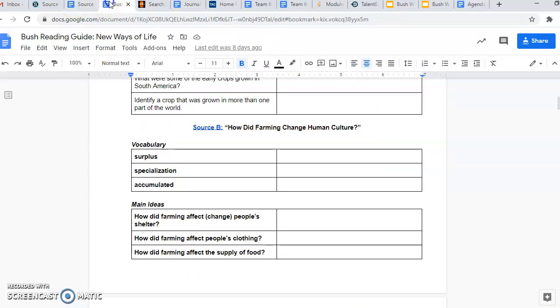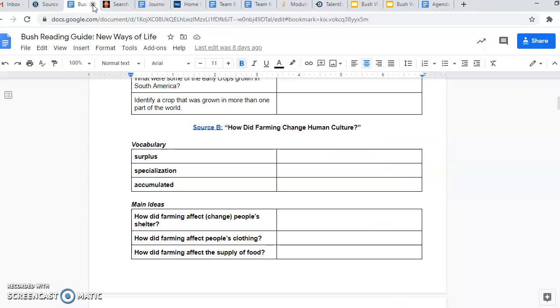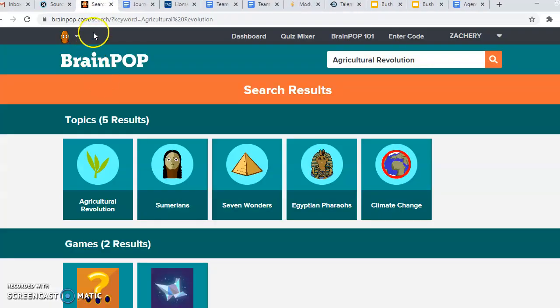So students were allowed a little bit of time at the beginning of our live Google Meet today on Thursday, the 22nd, to ask any questions. We discussed any answers or any questions that might be confusing, and then students clicked Submit. We then transitioned into the Brain Pop that covered most of the information from this learning set, and that Brain Pop was called the Agricultural Revolution Brain Pop.